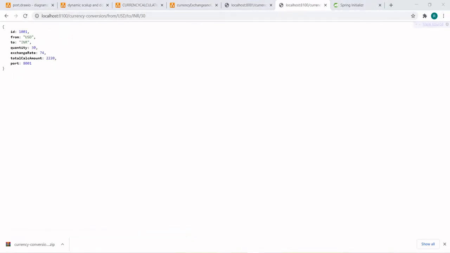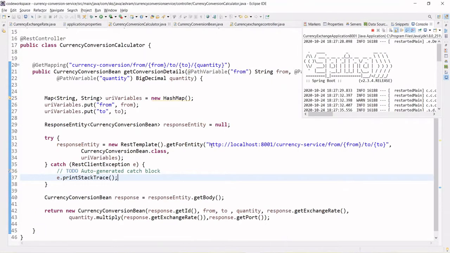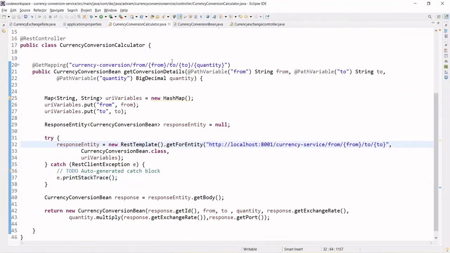Now let's say you make another mistake. Instead of "to", let's say you are passing "from" there.